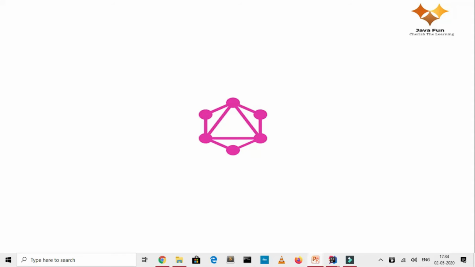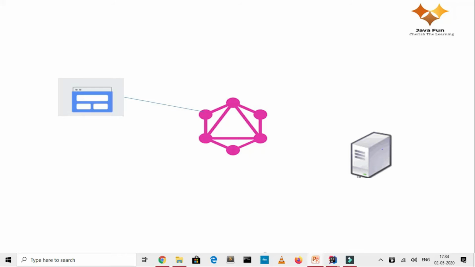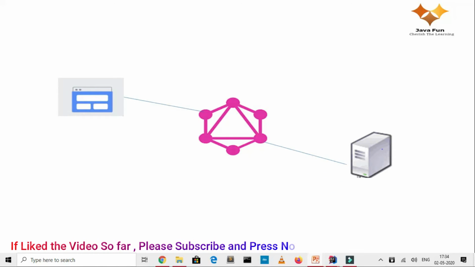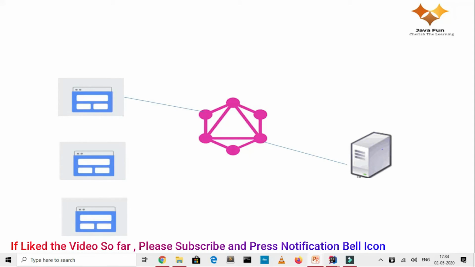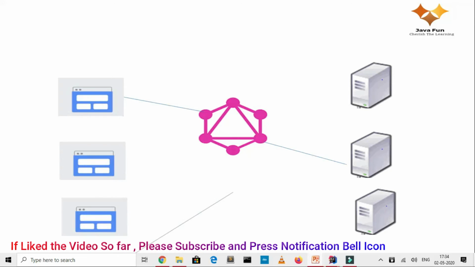GraphQL sits between your client and your server to combine the data or the resources to which the client is making a query. And if you have multiple clients and multiple resources, a GraphQL mediator makes perfect sense to start combining the different resources and fetching the data from the GraphQL server.